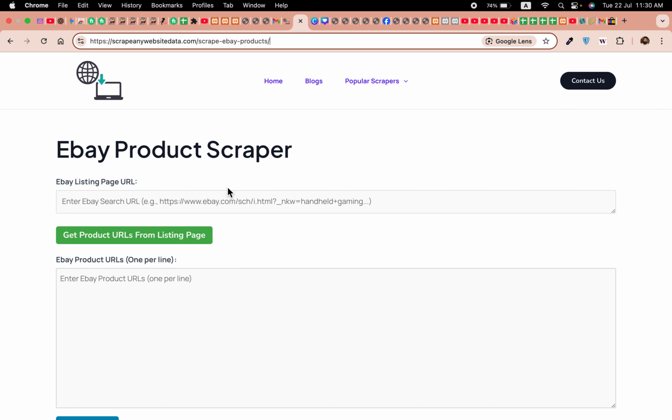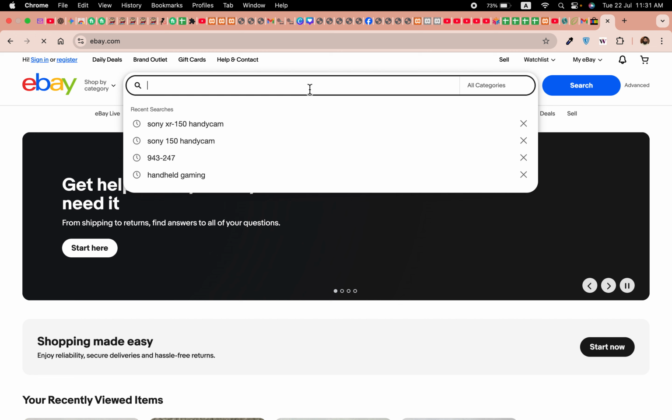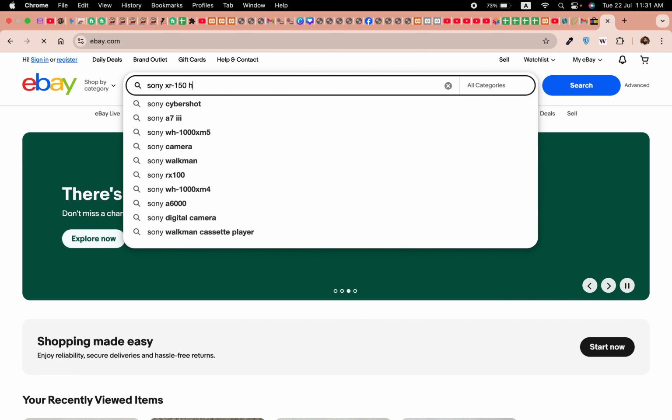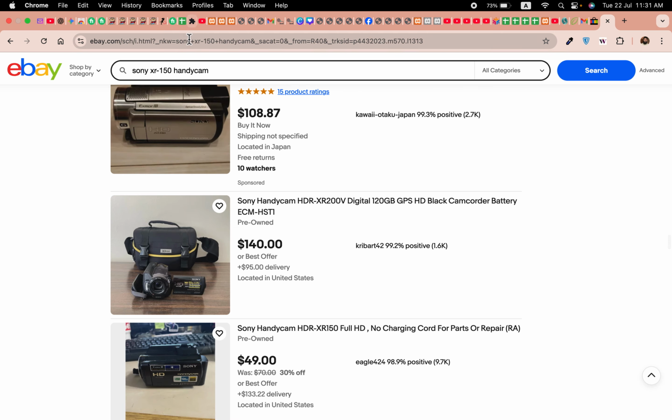Let's go to that eBay page first, and in the search type your required products. Like I want Sony XR 150 handycam. Search for that. Okay, I have these products. I want to scrape them into a CSV. So let's copy this URL